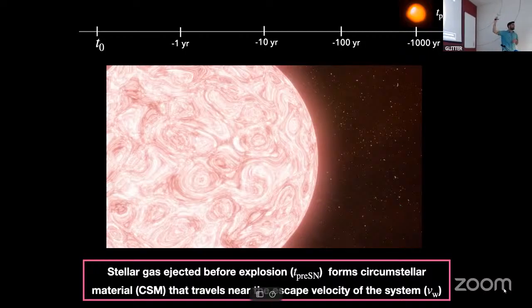So this bar will be up there the whole time. It's the time before explosion. So every time the red supergiant is at a certain phase, that is what the observations that I'm showing you are actually mapping. Because as a star is getting ready to die,